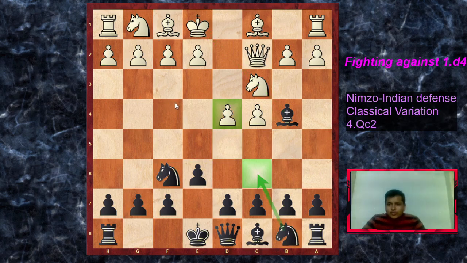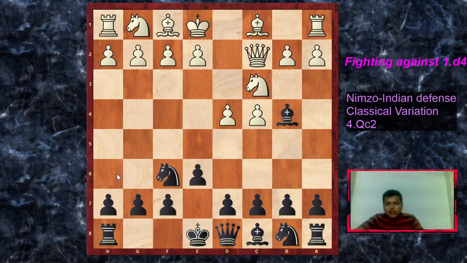So we are going to start with the game of Lubuevitch versus Kramnik. Now Vladimir Kramnik is the one who, again, you should study a lot in this line. There are three names basically: Vladimir Kramnik, Anatoly Karpov, and Peter Leko. These three names you have to remember if you want to prepare the Nimzo-Indian, and you have to watch their games. So today I think there are about 2 to 3 games of Vladimir Kramnik. So this was a rapid game between Lubuevitch and Kramnik. Kramnik is playing with the black pieces, of course, and you will see how Kramnik's knights do the magic